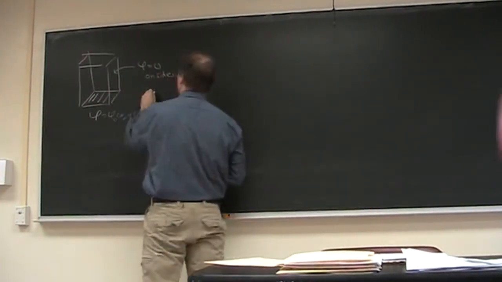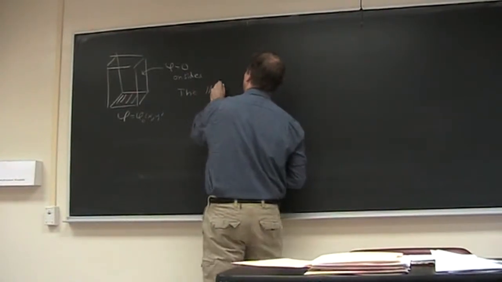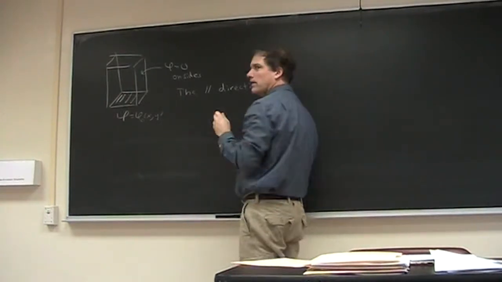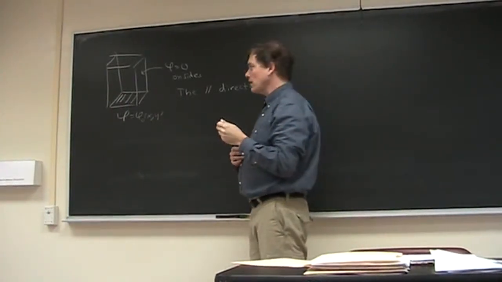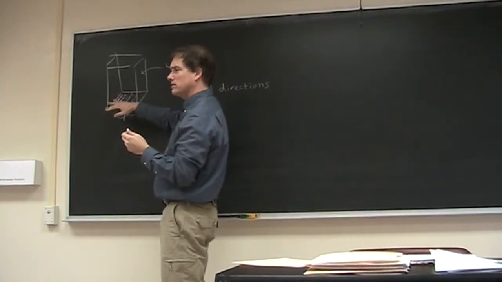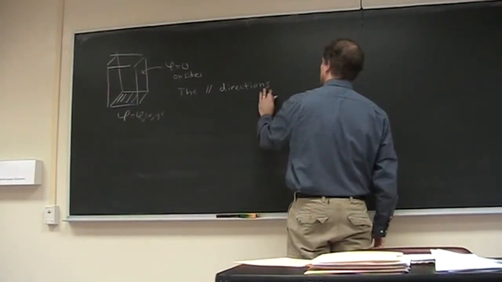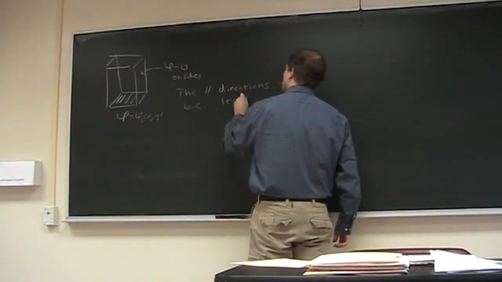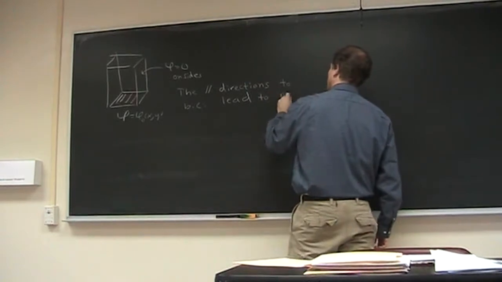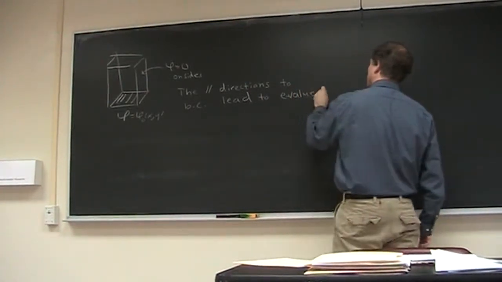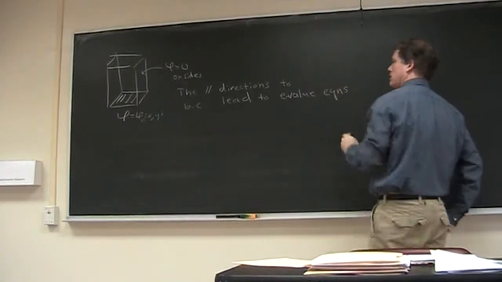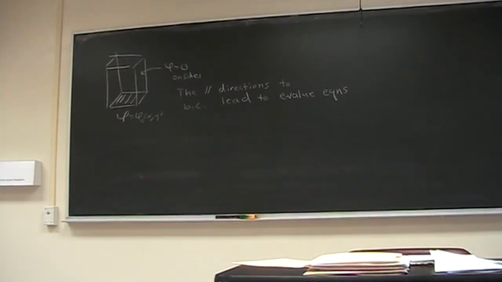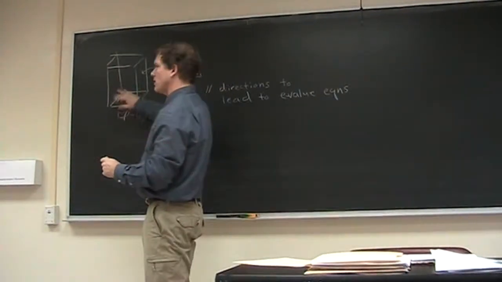Okay, so parallel directions. Parallel to what? Parallel to the boundary conditions, the non-trivial boundary conditions. Parallel directions to boundary conditions lead to eigenvalue equations, and then you could expand the initial data in terms of the eigenfunctions of